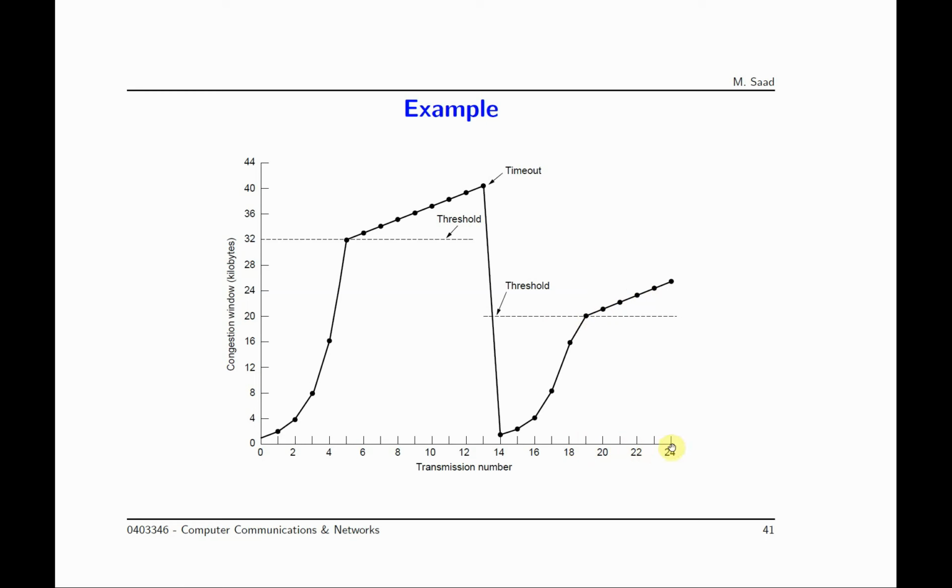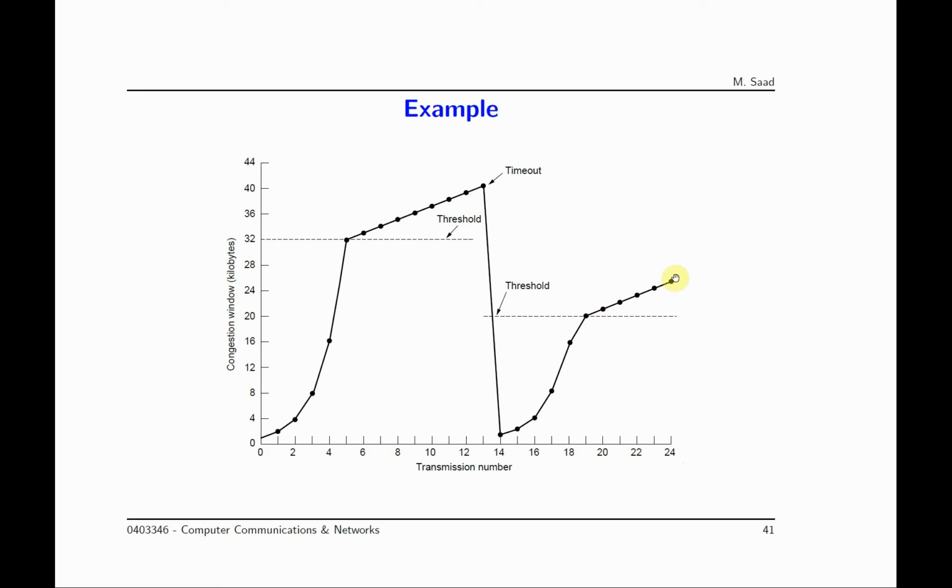assuming that at these transmissions, from transmission 19 to transmission 24, we did not have any timeout, so we were always increasing by adding the equivalent in bytes of 1 maximum segment, so 20, 21, 22, 23, 24, and 25. The example is finished, but I have 2 comments, and please focus with me. 2 comments. What happens if we get a timeout here? So at transmission 24, CW was